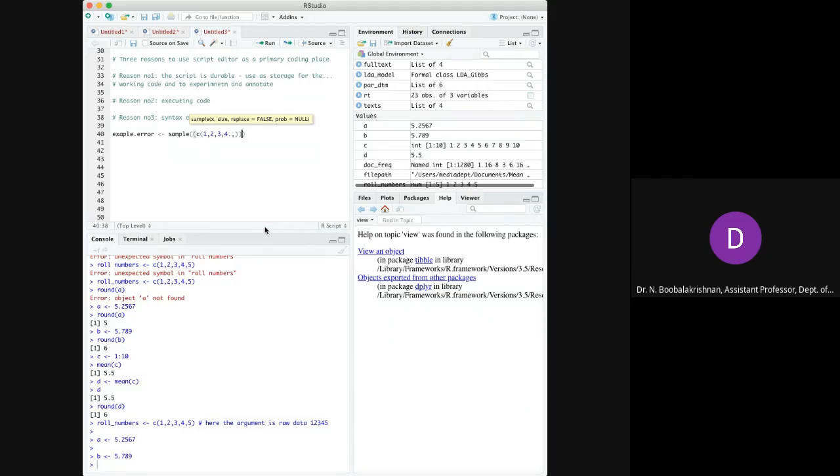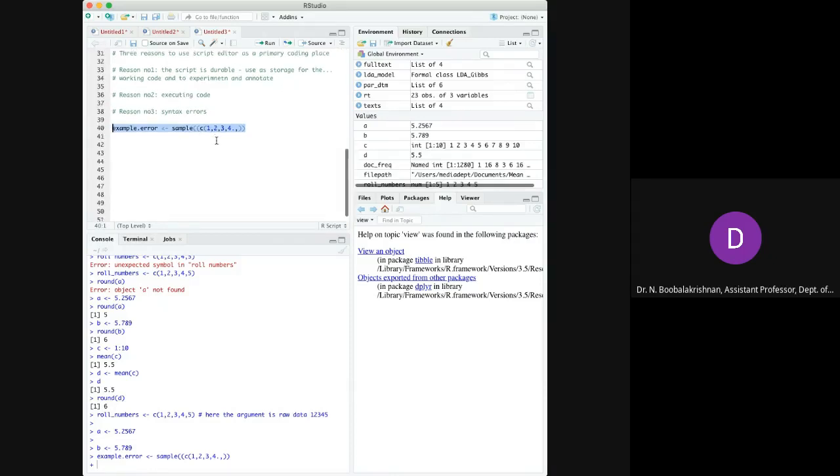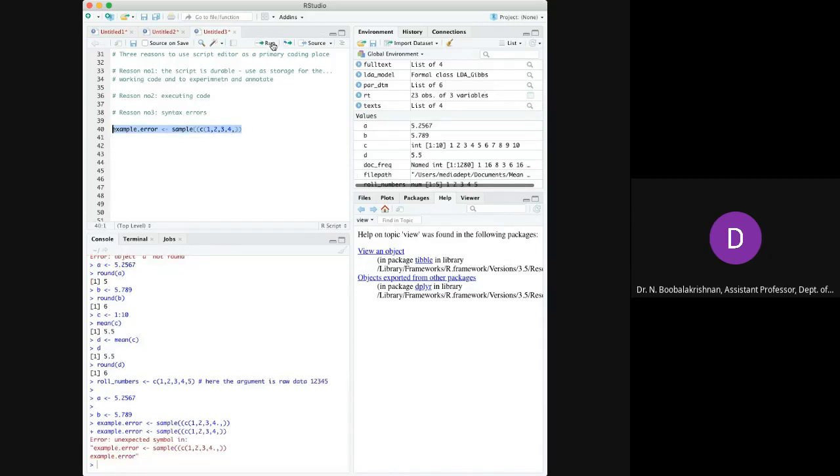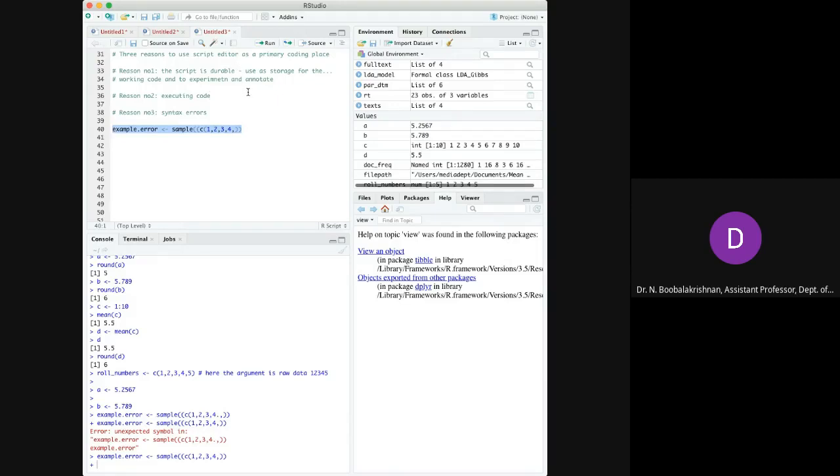Sorry, comma. The syntax error can be checked here and edited over here. Okay, these are all very basic.